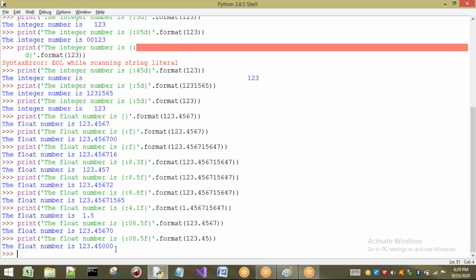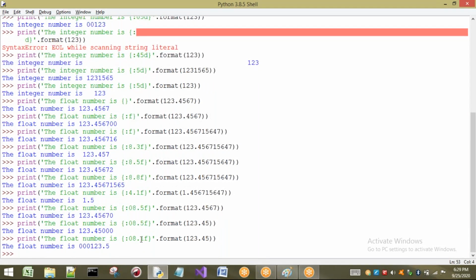So here zeros are there. It is going to take this one. I will remove this one also. Just I will take 3, for example, so otherwise I will take only one value. Now you can observe clearly what happens. Total value should be 8, minimum 8 should be there. If 8 are not there, I have to fill it with zeros.